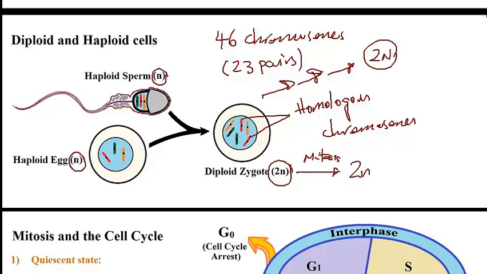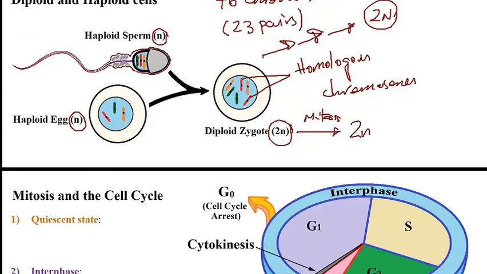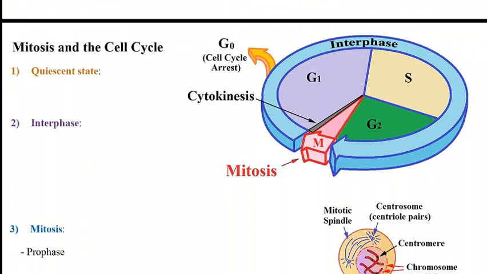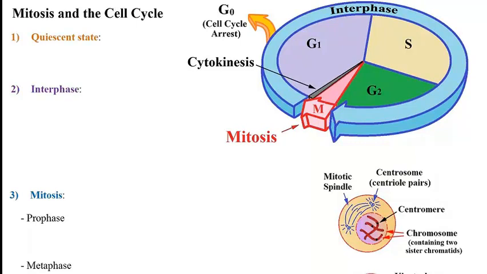Now let's move on to the cell cycle and discuss how a cell can undergo division. So the cell cycle is divided into all the phases that are shown right here. This is basically a summary of the different phases of the cell cycle. The first phase is G0, or the quiescent state. This is the state at which there is a cell cycle arrest. There is no plan for division. And so the other name for it, besides G0 or quiescent state, is